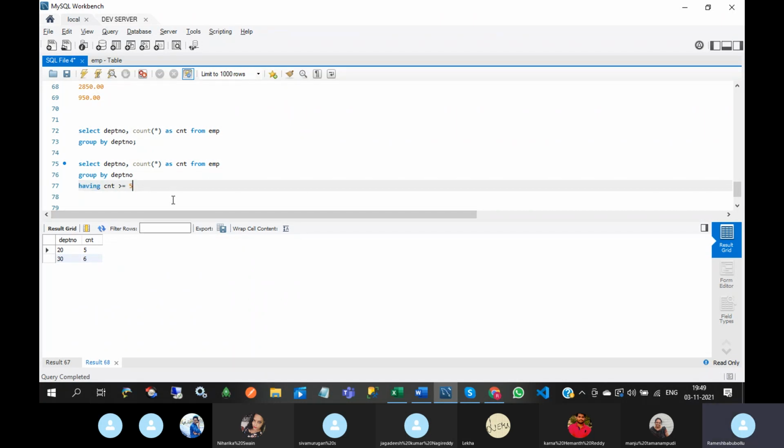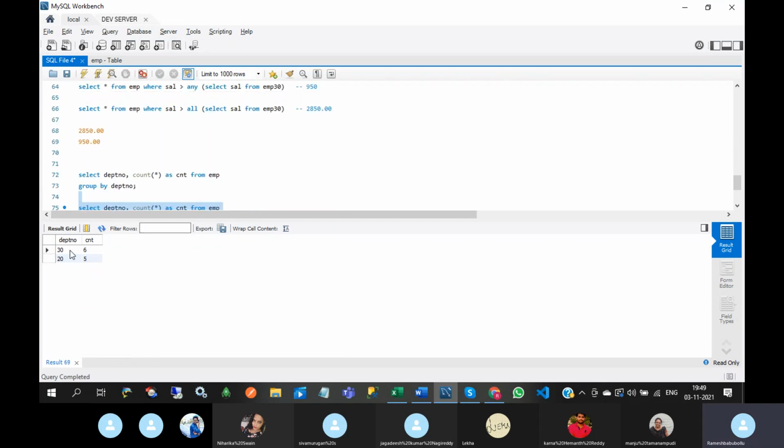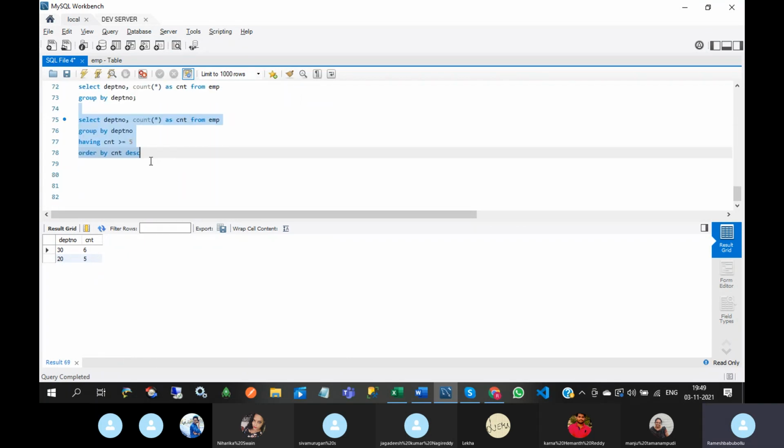Next, you can use the order by clause also after the having clause. Order by department number, or I want to give count descending, then it will come in reverse: 36, 25.